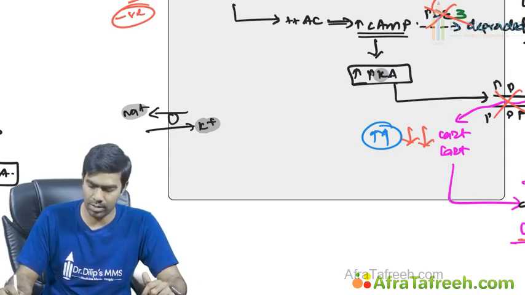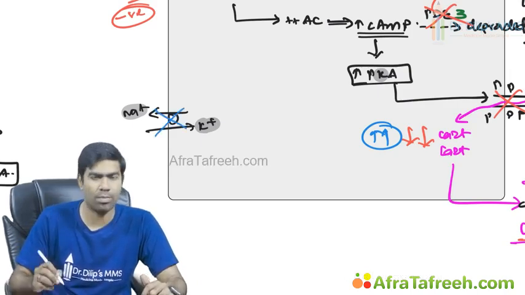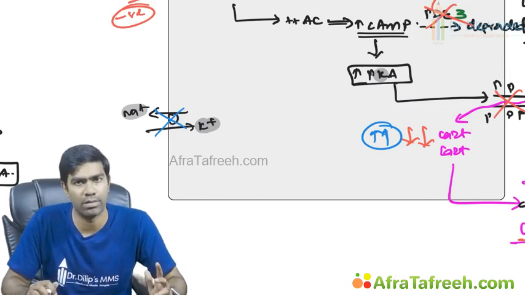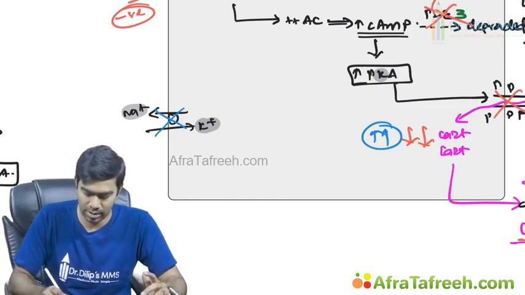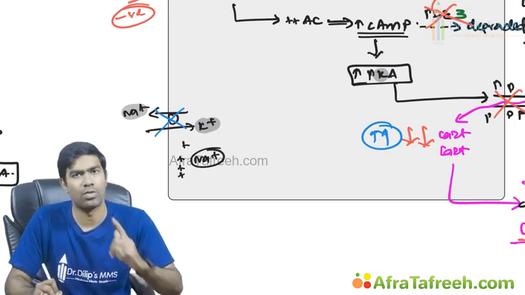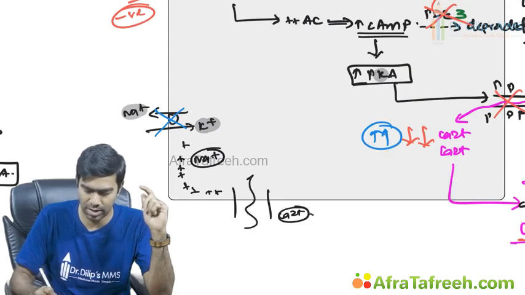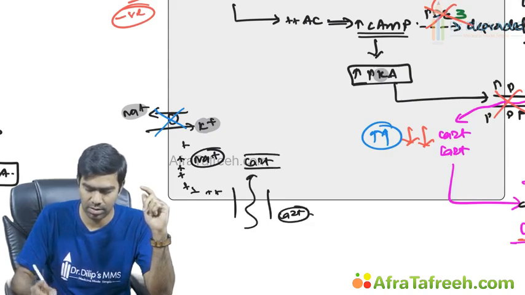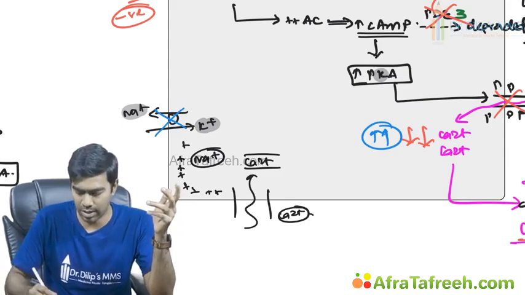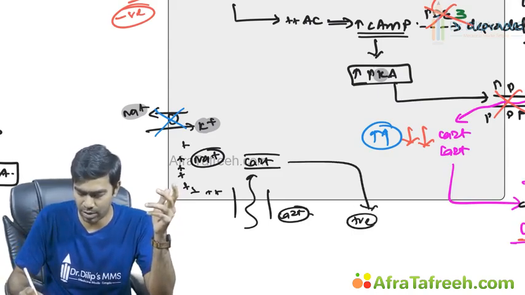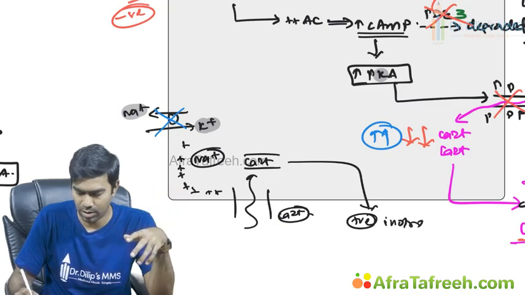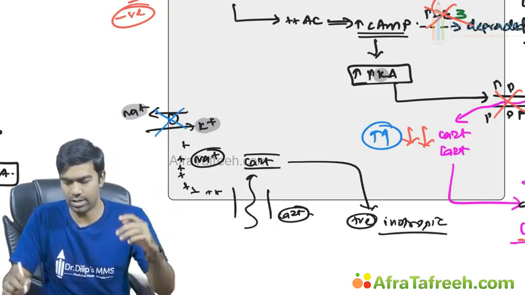So digoxin typically blocks the sodium potassium ATPase in the cardiac myocyte. Because of this fact, you can see the sodium levels increase inside the cell. A lot of sodium is there inside the cell. This excessive sodium inside the cell is going to cause depolarization of the calcium channels that will result in release of large amounts of calcium into the cell, and this is the reason for the positive inotropic potential of digitalis.